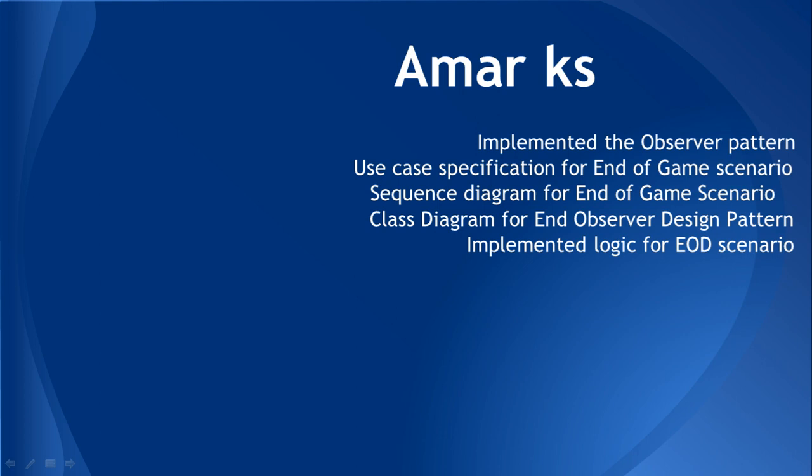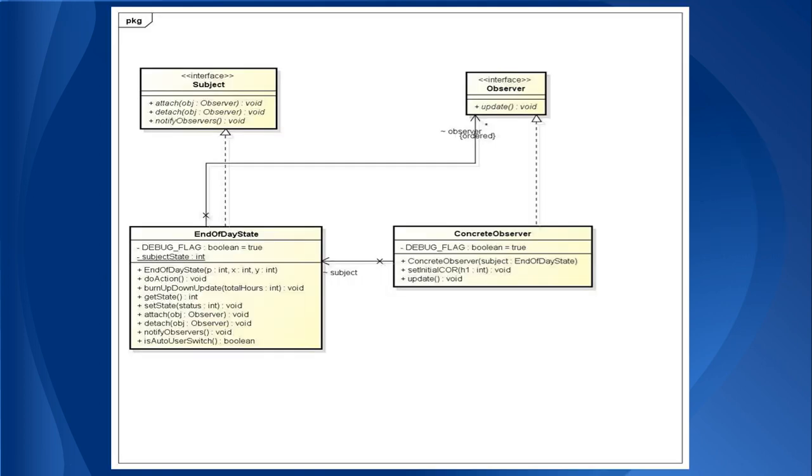The observer pattern is basically used to maintain a list of dependents called the observers, where any changes happening will be notified to the observer. Let's see the class diagram of the observer pattern. The observer pattern has two interfaces, subject and